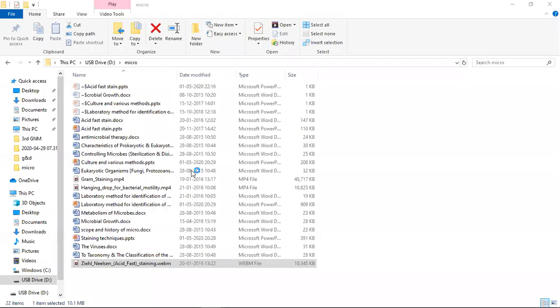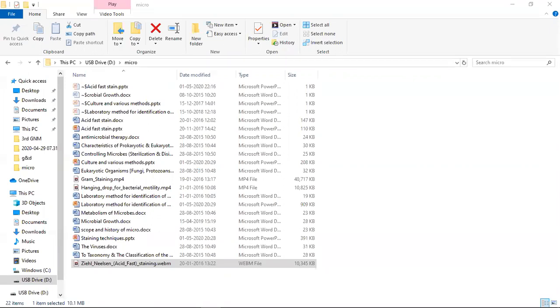So now we'll see about this one. It is a differential staining technique that divides organisms into acid fast and non-acid fast. It was originally described by Ehrlich in 1882. Here we are going to see about acid fast and non-acid fast. The original method of acid fast staining involved staining.